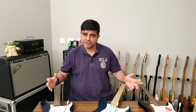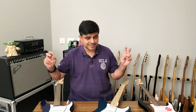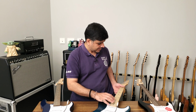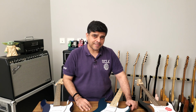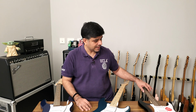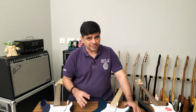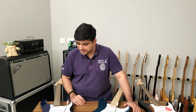So we've got three Strats. We've got the winner of our best under 10k Strat in India, the Magna Strat from Strydom. We've got the Squier by Fender Bullet guitar. It's an HSS guitar. It's something you've probably all tried in your life at some point or the other. We've got the Yamaha Pacifica